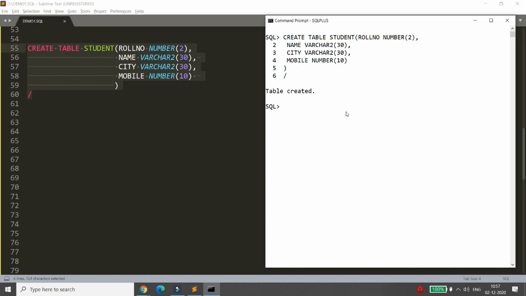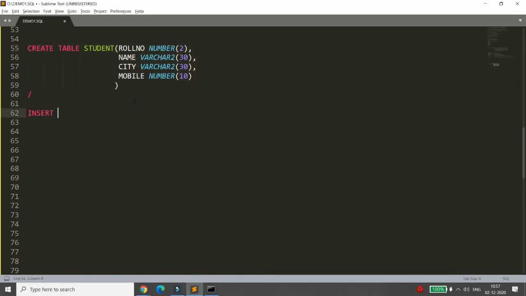So what happened in this case? Again, it is very simple. If you are creating a table without any constraint, then you will be able to insert the record into the table. Don't write insert directly over here. Write the insert over here. Insert into student. Now I am inserting the record. You can use the values clause. Now respective values you need to pass for roll number. Here you can write 101. Name, for example, Parag. City, for example, Rajkot. Mobile number, for example,